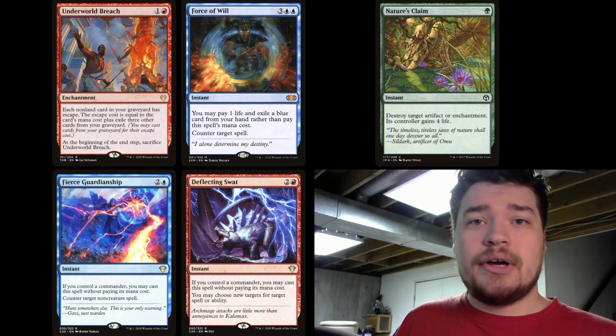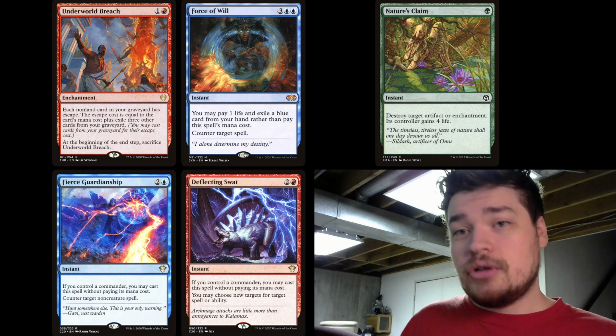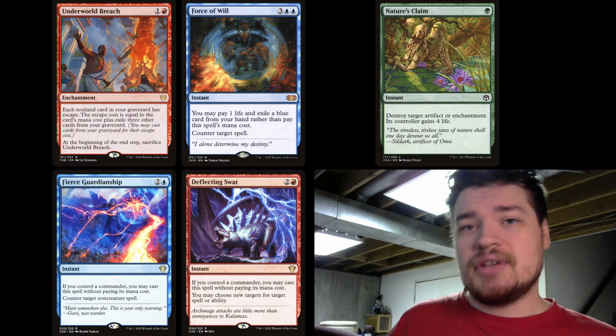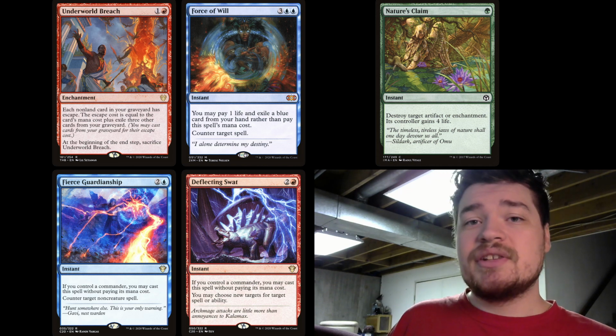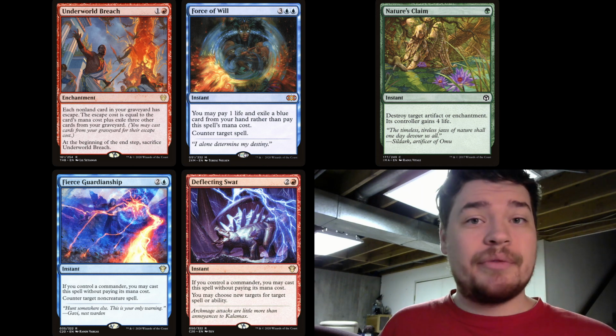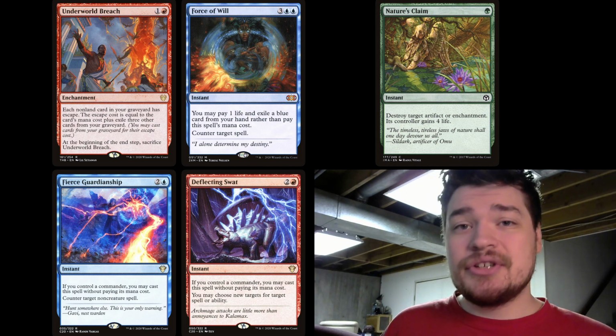Now, the text on Deflecting Swat, Fierce Guardianship, and Force of Will are all also alternate costs, and you cannot apply multiple alternate costs to a spell. This means that if your opponent is going to cast their Fierce Guardianship, Deflecting Swat, or Force of Will from their graveyard, they have to spend the full mana investment in addition to exiling the 3 cards in order to cast them.